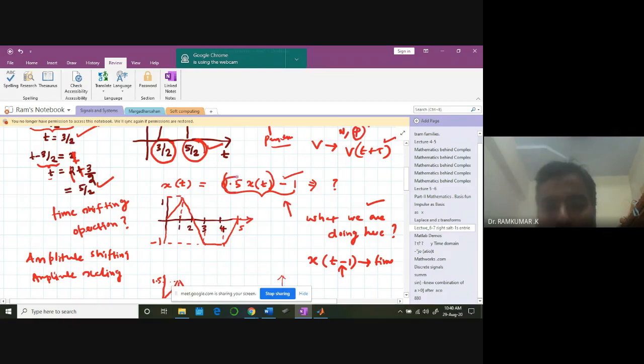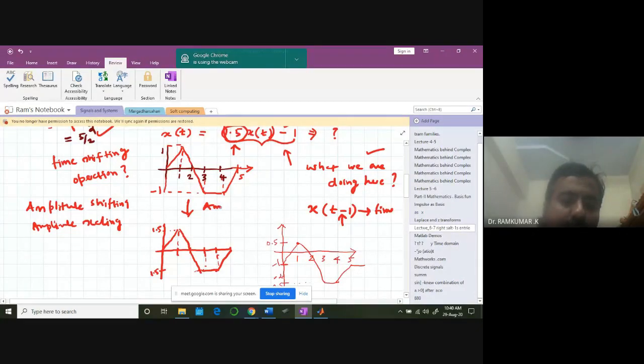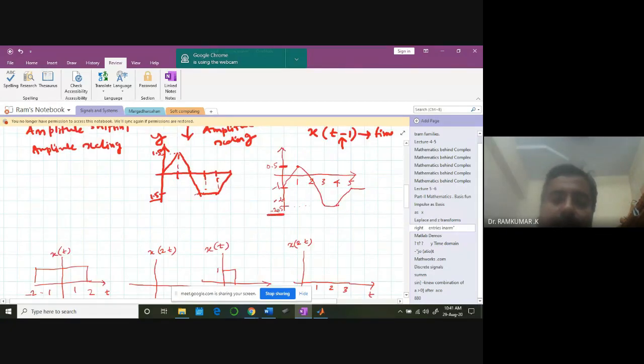Now when I put 1.5 to the amplitude part, initially the amplitude is 1 like this. Okay. Now this 1.5 means what? The amplitude is now going to be 1.5. Okay, you understand? This is the amplitude scale. Sorry, amplitude scaling. I'm scaling the amplitude, and then I'm shifting the signal in the y-axis, not in the x-axis. See here, I've shifted it by minus 1. From 1.5 it has come to 0.5, and 1.5 has gone to what? Minus 2.5. You understand? This is called shifting the base. Somebody has rightly said.